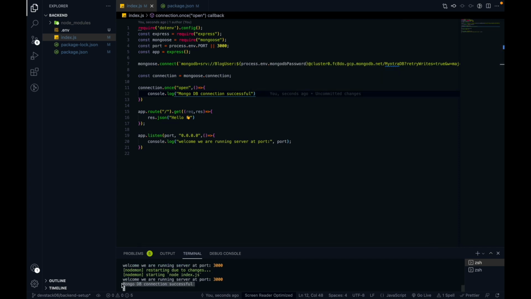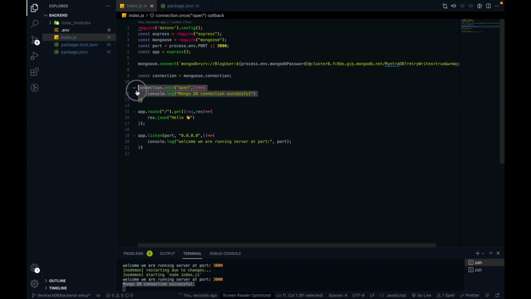So here you can see MongoDB connection successful, which means we are able to make a connection between this backend server and the MongoDB server. Everything works perfectly, we provided everything over here.